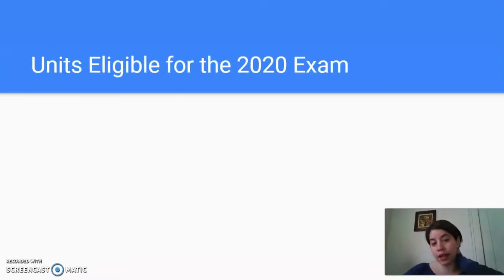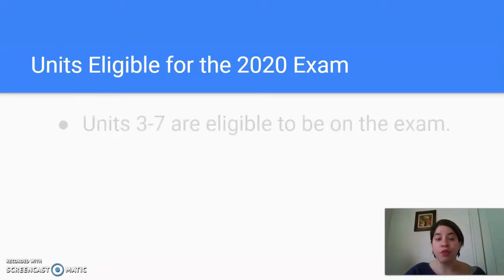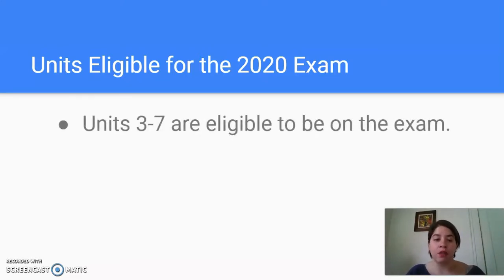All right, what is eligible for the 2020 exam? Meaning, what are they going to cover? What information? What time periods? Remember, we talked about that there are 9 periods that they normally cover, or 9 units. In this case, what's going to be eligible are units 3 through 7. What's in 3 through 7, you ask? Well, I am going to provide you with a PDF for each unit. It's going to tell you what topics are going to be covered in those units, and this way you can go back to your study notes or pick out things out of the 5 Steps to a 5, or go to Crash Course and become more familiar with those time periods or those events to help you prepare for the exam.